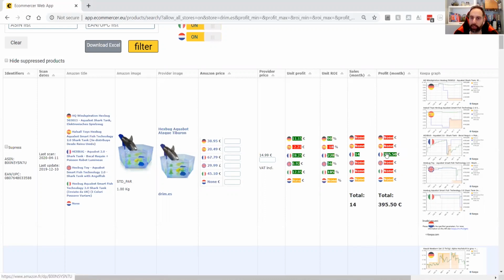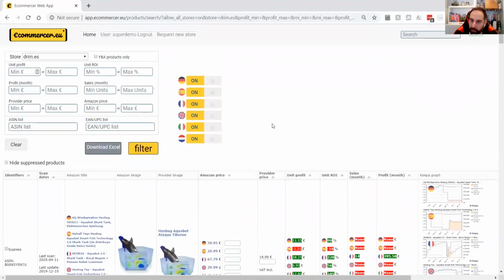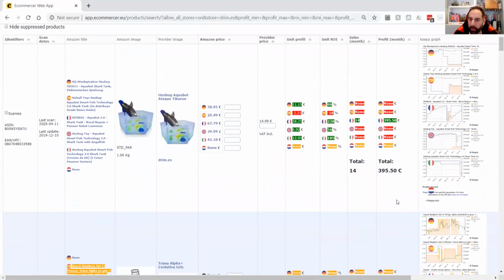Okay. So in this case, we see that the best-selling product, according to the e-commerce for Dream, is a product that is probably generating something like 395 euros total profit. And if we see in detail what's shown in the interface, we see, okay, the column identifiers in which you see the ASIN on Amazon and the EAN code or the UPC code, depending on which store you're actually